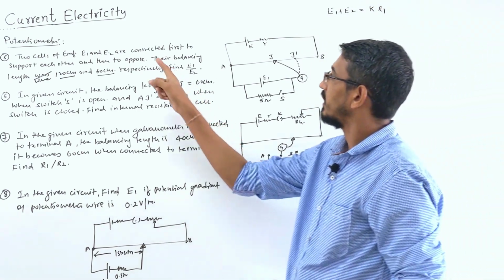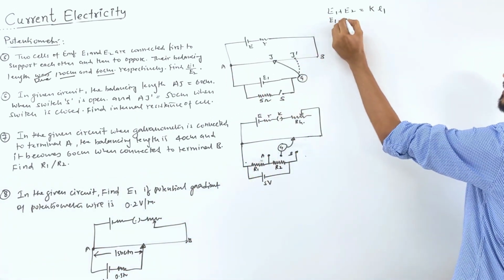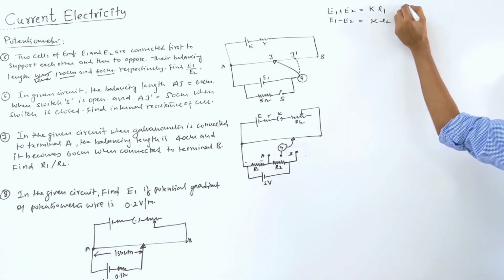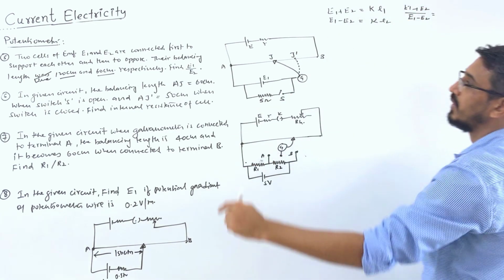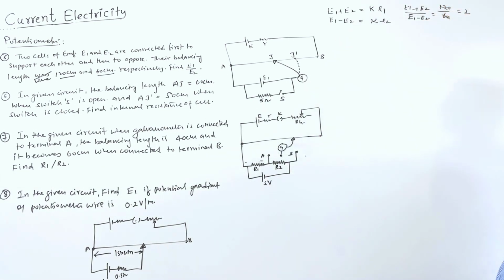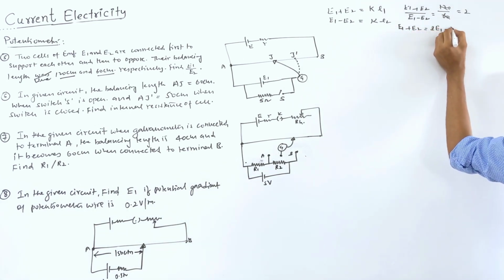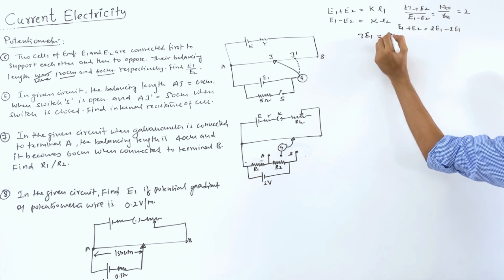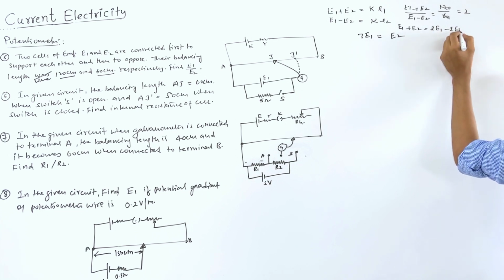So when potential was E1 plus E2, balancing length is given, so it is equal to K into L1. Now they are connected to oppose each other, means E1 and E2 directions are opposite, right? Then it becomes E1 minus E2, because they are opposing each other, K into L2. So this length ratio already given, so simply say E1 plus E2 by E1 minus E2, balancing length given 120 by 60. So 120 by 60 becomes 2. So if you simplify this, you see that E1 plus E2 is equal to 2 times of E1 minus E2. This comes here, that comes here, so 3 times of E2 is equal to E1.